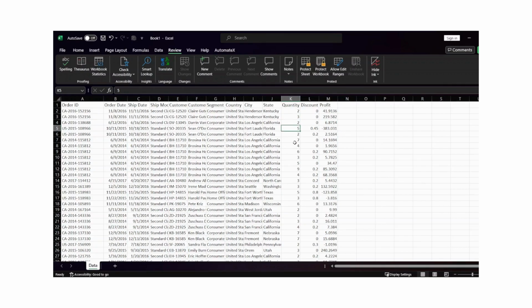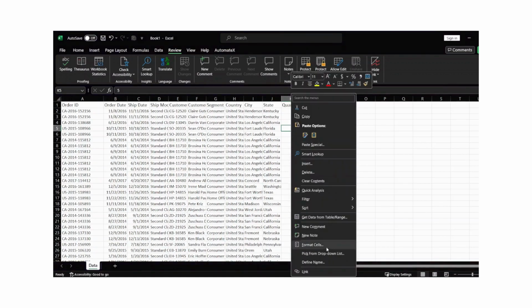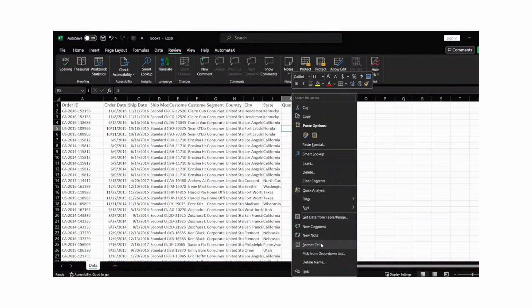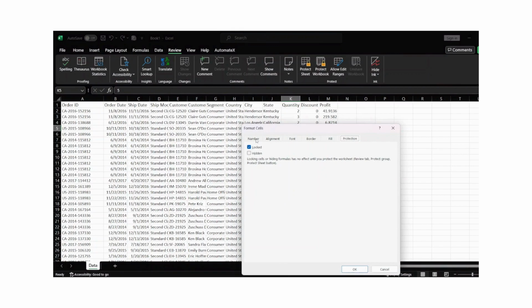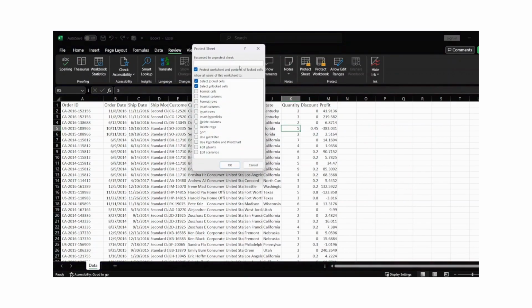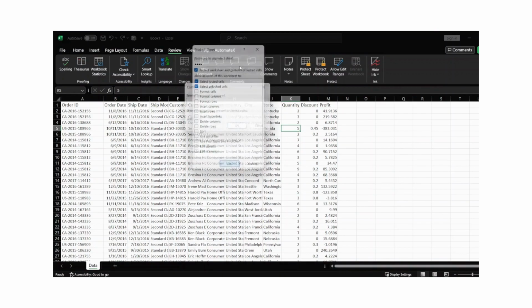So what we have to do, before we protect the sheet, before you lock the sheet, just go here, go to the data, right click on it, go to format cells. Here, go to the protection, unlock is a checkbox, click OK. Now go to protect sheet, the formula,